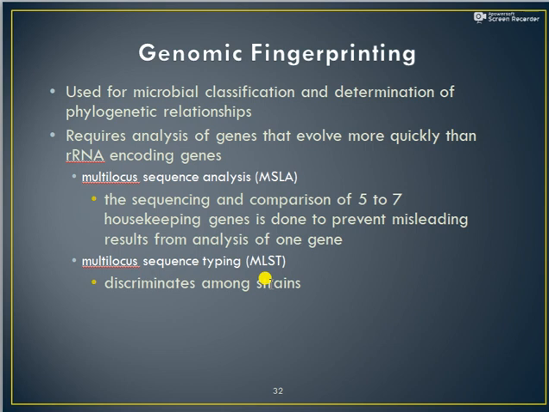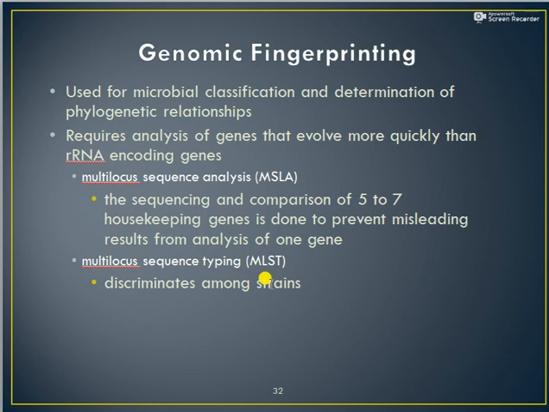Now, the next molecular technique that we use in taxonomy is the genomic fingerprinting technique. This is used for microbial classification and for the determination of phylogenetic relationships. Here you require the analysis of genes that evolve more quickly than the ribosomal rRNA. And for that,